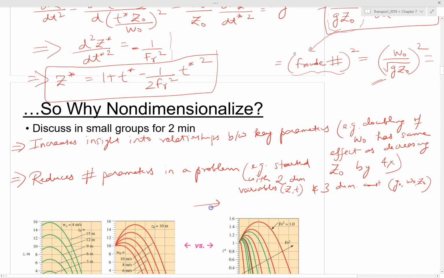Our final expression form has two variables and one constant. So really this is more of a